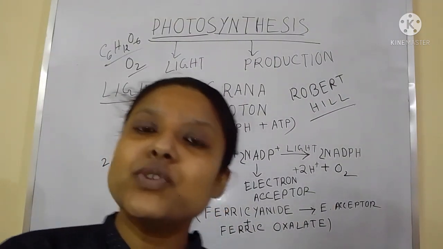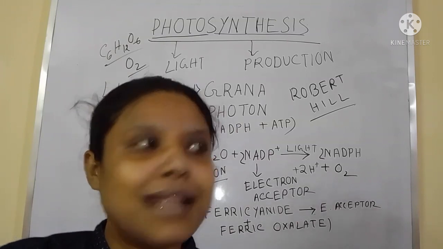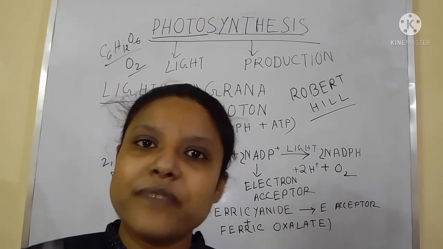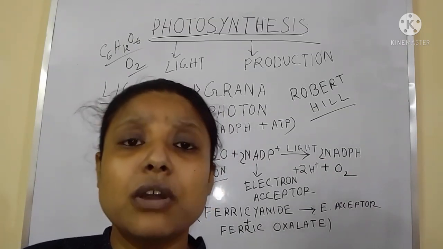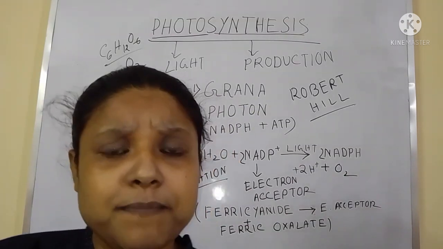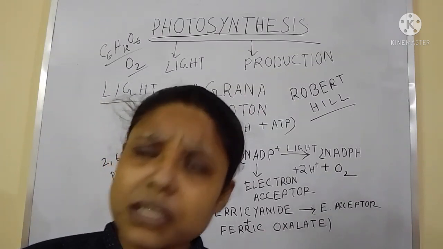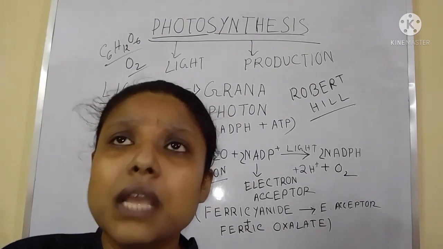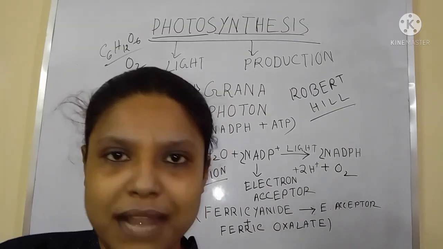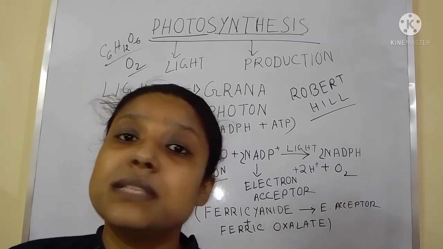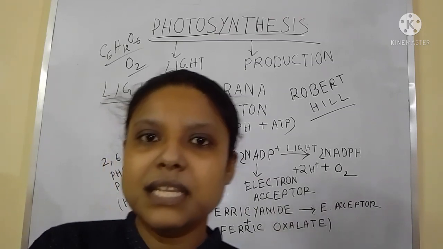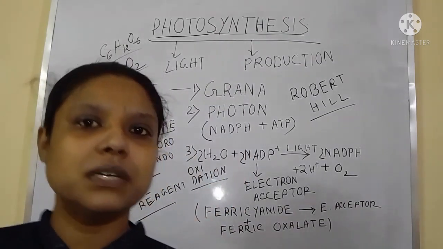So photosynthesis is actually divided into two phases. One is the light phase, another is the dark phase. Clear? So the light phase is very important for photosynthesis because one part of photosynthesis is completed in presence of light, so this is called light dependent. Clear? And another part is totally possible in absence of light. So this part is known as the dark phase. Clear? So the two phases completely join to each other and form glucose.